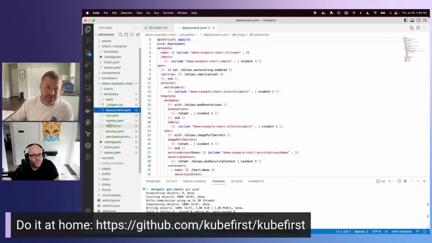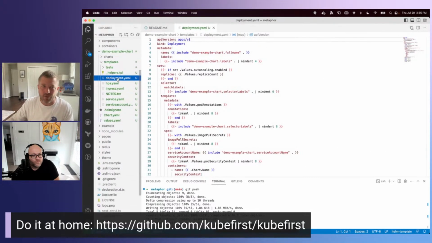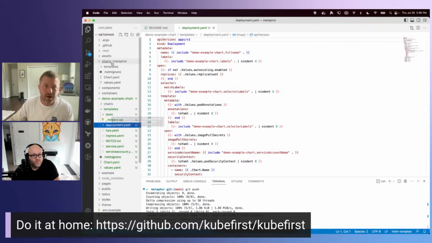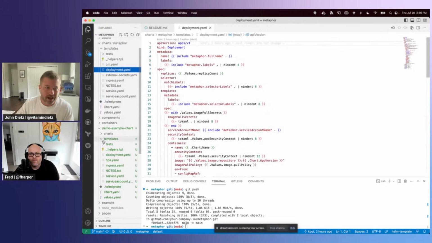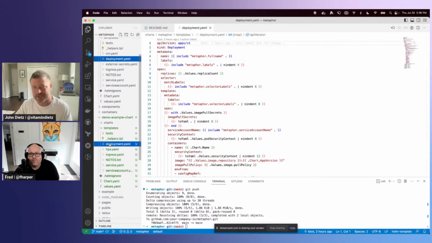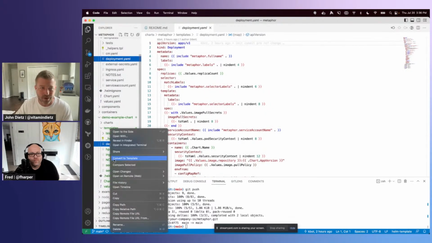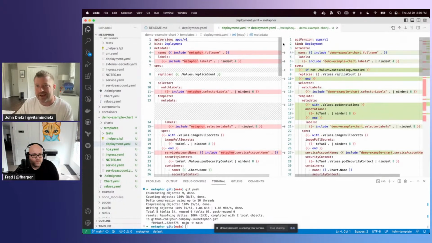So in order to exemplify that, we're going to take a look at what you get from a deployment YAML by default versus what we've delivered with our chart, just so that you can see the differences between boring old deployment YAML from a chart that you automatically create versus what we did. So if I do a compare here, you can see that a lot of the detail is just that our name is Metaphor. Their name is whatever name I provided when I said, please create a chart for me.